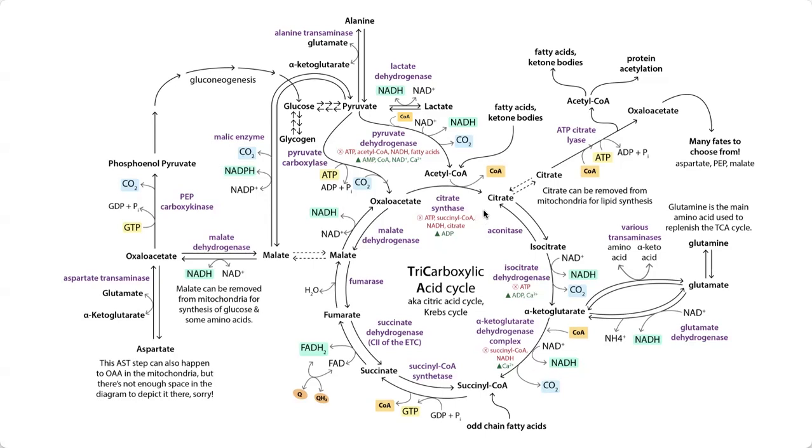I also want you to know the regulation. The key regulatory points of the citric acid cycle are going to be pyruvate dehydrogenase, citrate synthase, isocitrate dehydrogenase, and the alpha-ketoglutarate dehydrogenase complex. These are going to be inhibited by signs of high energy like ATP and stimulated by signs of low energy like AMP and ADP. A lot of them will also be inhibited by NADH because if you have a lot of NADH already, you don't want to keep this pathway going. If you have a lot of energy already, you don't want to keep this pathway going as the cycle to